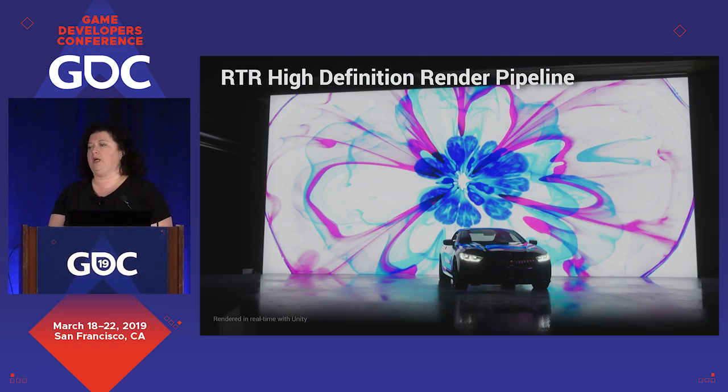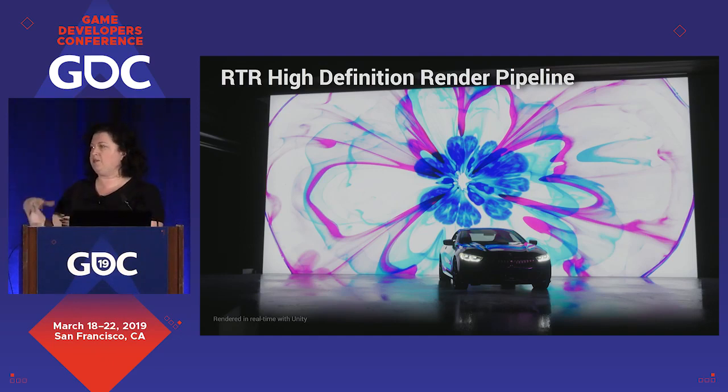The ray tracing pipeline that we built for HDRP is actually built directly on top of that pipeline. We plugged in all the low-level layers, and in this presentation, I'm actually not going to talk about how we integrated DXR into the low-level renderer. That's kind of a topic for a separate presentation. We did the layer that we exposed to C#, so in Unity you can actually access much of the rendering pipeline control through C# and shaders.